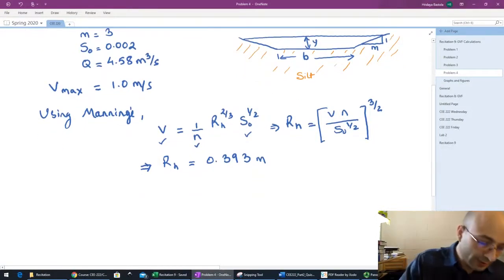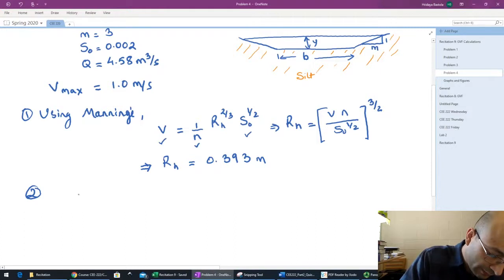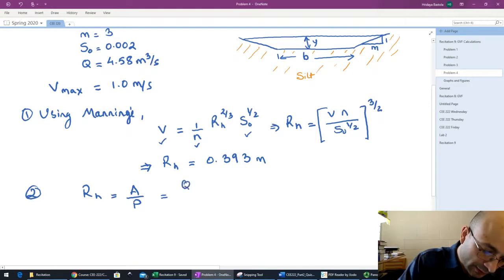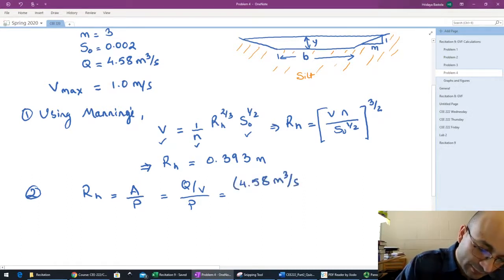Once we have hydraulic radius, the next step we can use the definition of hydraulic radius, which is A over P. The cross-sectional area can further be expressed as Q over velocity. So we have Q of 4.58 meter cube per second divided by velocity of 1 meter per second divided by P,